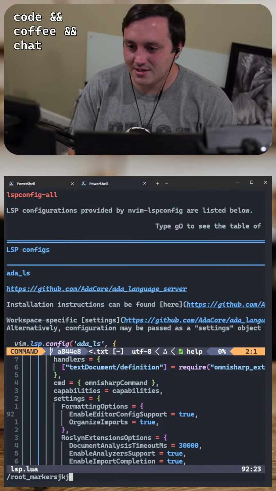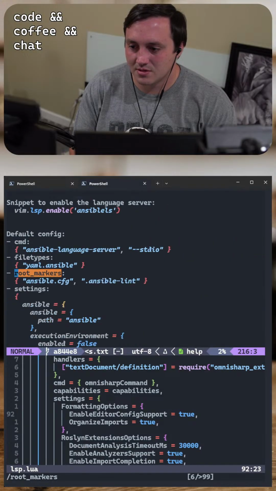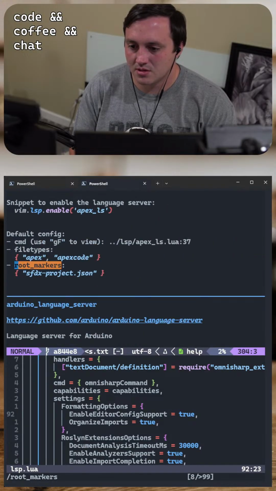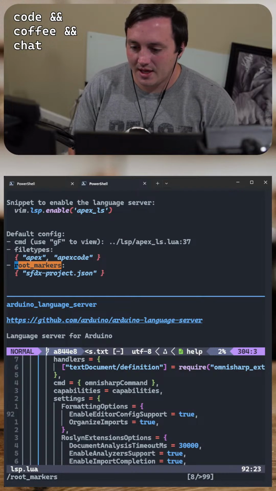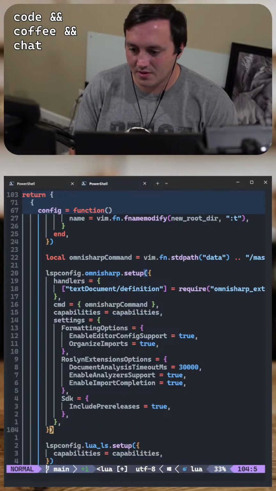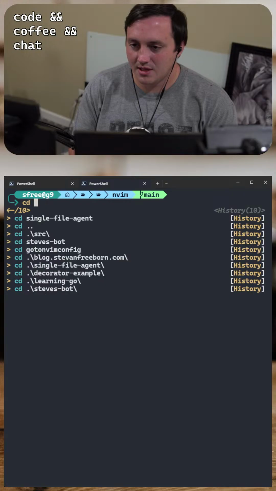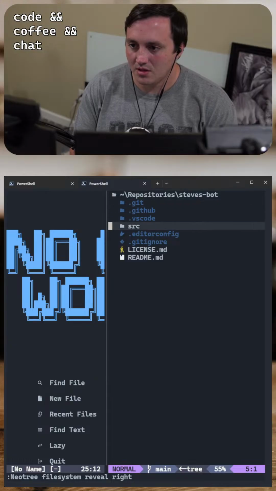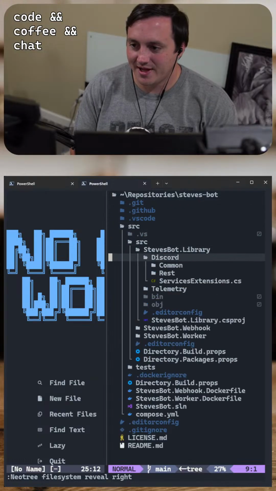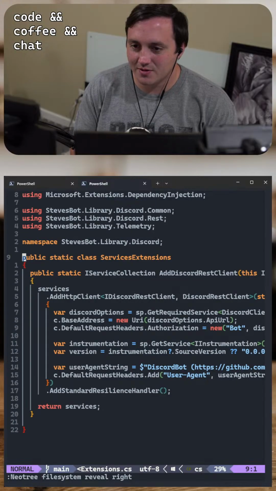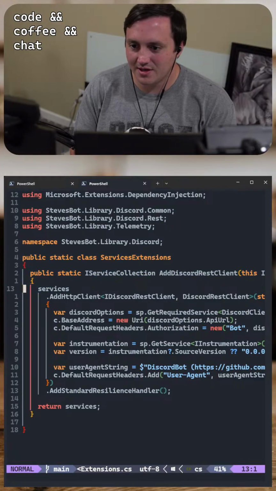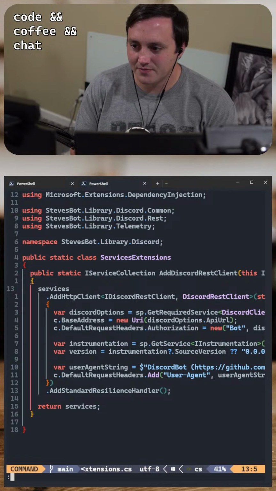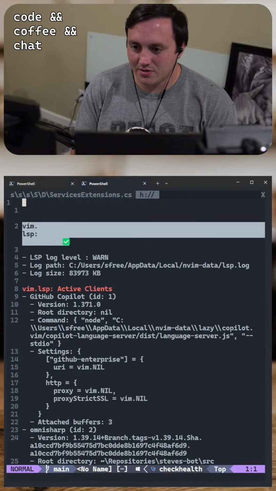Alright, do we abandon this? Because I don't know if I'm going to be able to get this to work. Let's just go to this project. Just making sure my NeoVim configuration isn't corrupted. So this should all turn a different color whenever the LSP attaches. There you go. So yeah, the LSP info.